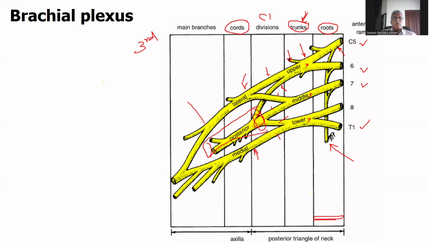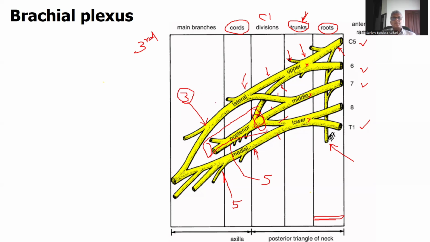From the lateral cord you have three branches. Then from the medial and posterior cords, you have 5 branches each. So it's 3, 5, 5. It's easy to remember the branches if you take a look at them carefully. If someone asks you the branches coming from the lateral cord,